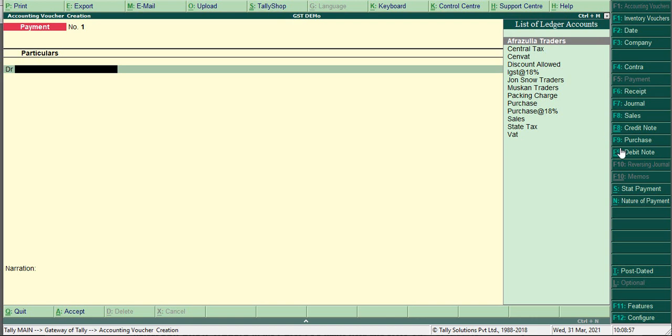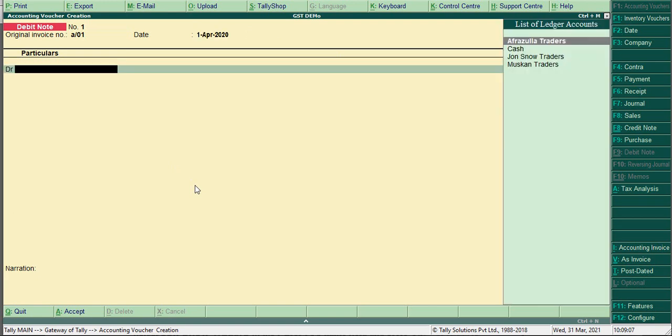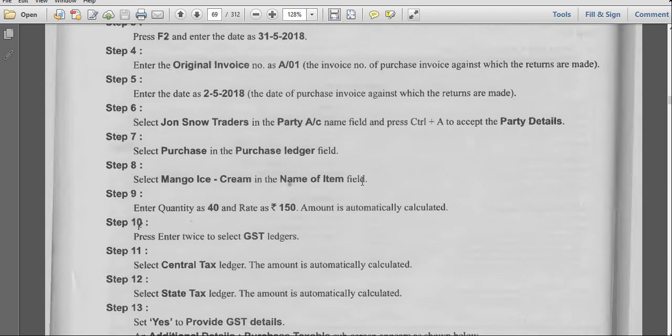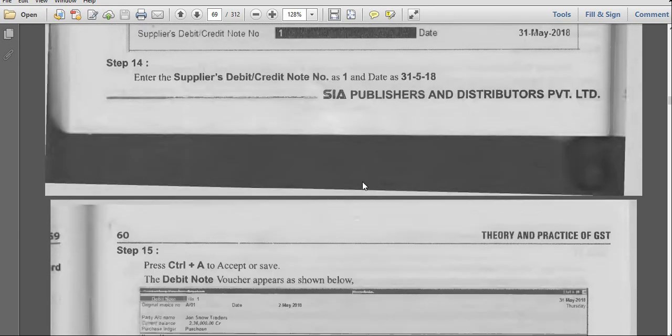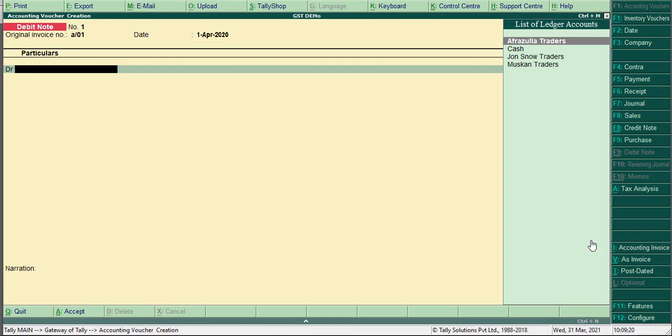So we'll go to debit note voucher. Here the invoice number A/01, enter. It should be in invoice mode, so here I am converting it as invoice.